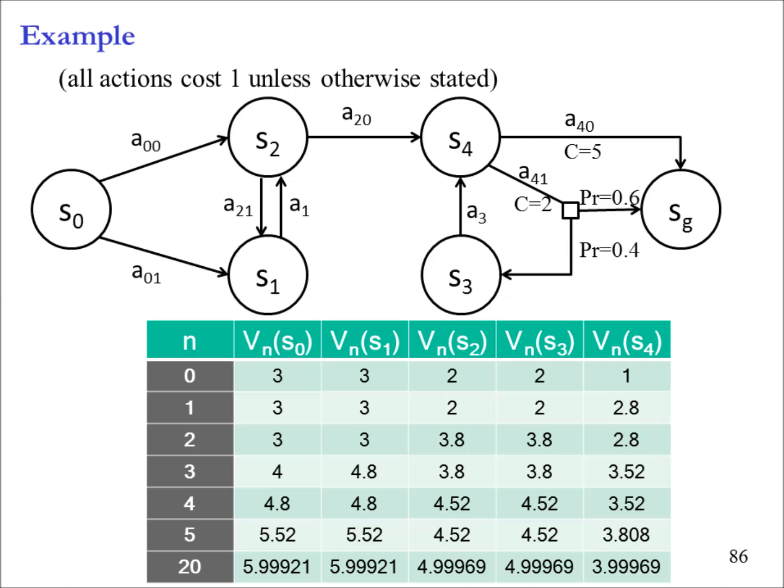Okay, so this is a run on this particular example that I started with, say, this value function, which is how far the goal is. So 1, 2, 2, 3, 3. And then I kept doing this over and over, and as you can see, slowly these value functions seem to be converging.